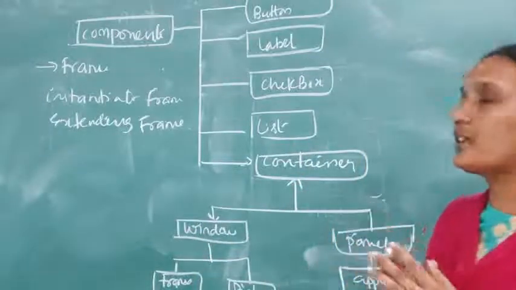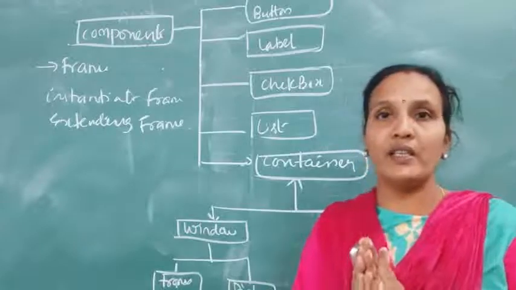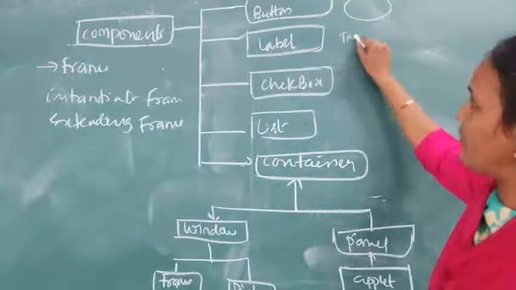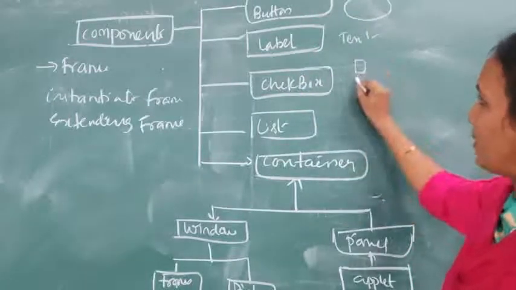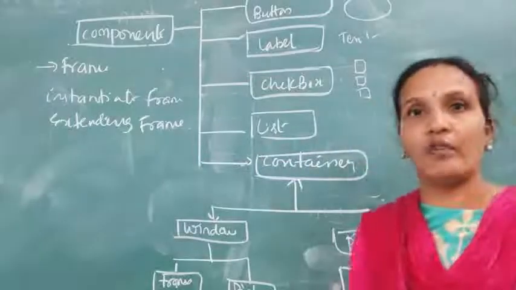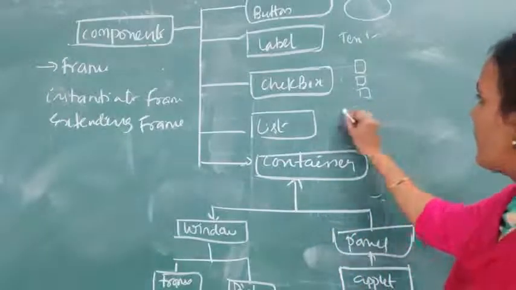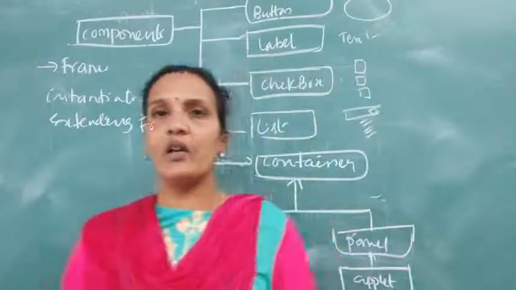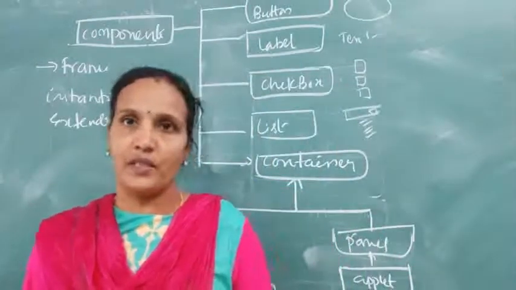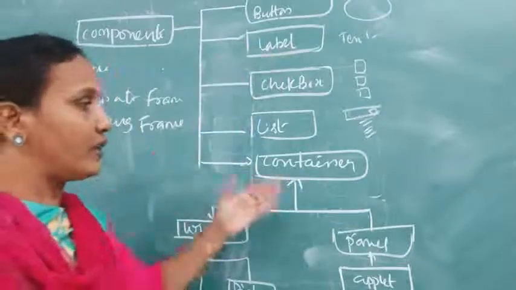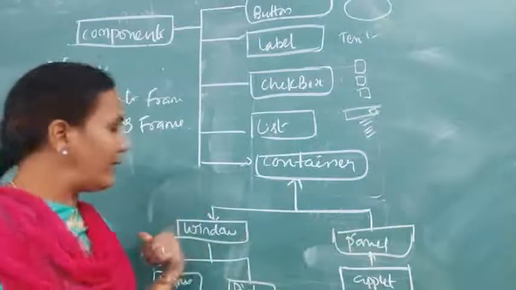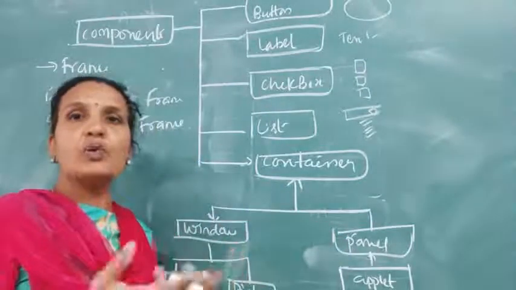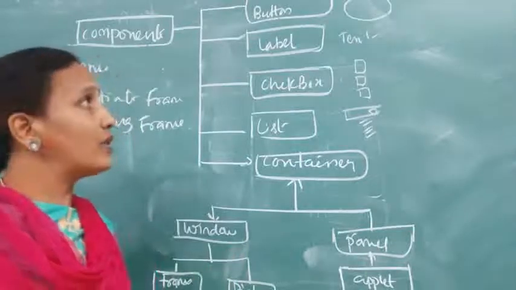So this is the introduction of the components of AWT. See, button means like this, label like a text, check boxes you get like this, hobbies you can give, where you can give multiple hobbies. Next list, drop down list. Depending on the requirement, we can add different types of components, and that components can be added in the panel, in the frame. So different containers you can use to add your components. Okay, so this is about introduction.